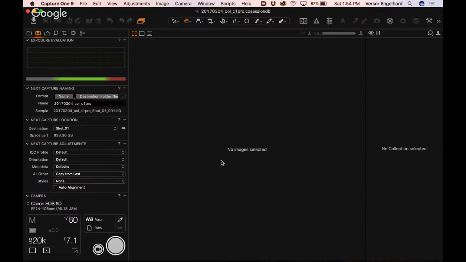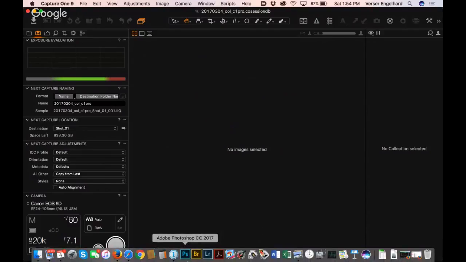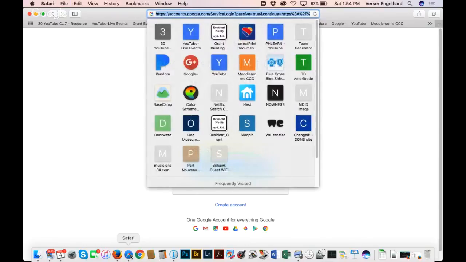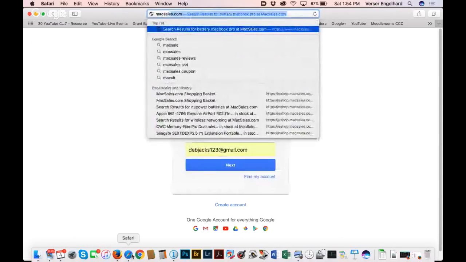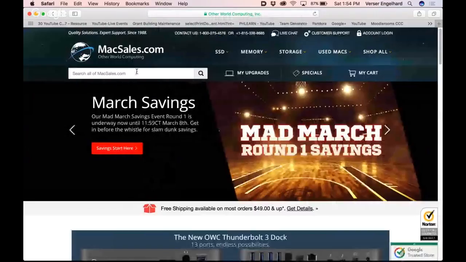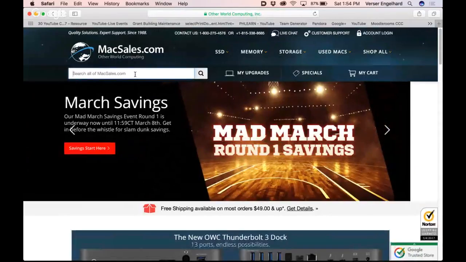So I think we have talked about this before. If you're going to go down this road, because this applies specifically to FireWire as well. FireWire is a little less wonky, but not quite, but it's still wonky. If you go online really quick, I need everybody to go online with me right now. You're going to go to a site called MacSales. This is Other World Computing. They're actually here in Illinois, which is unfortunate only because you don't get tax-free stuff from them. But if you type in Thunderbolt Hub, that's what I want you to type in,